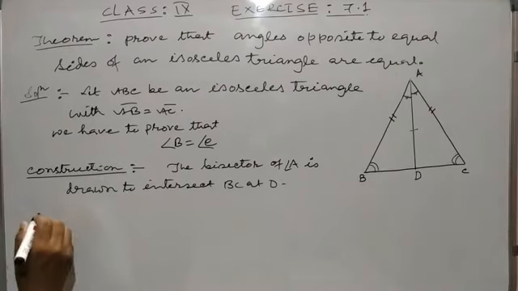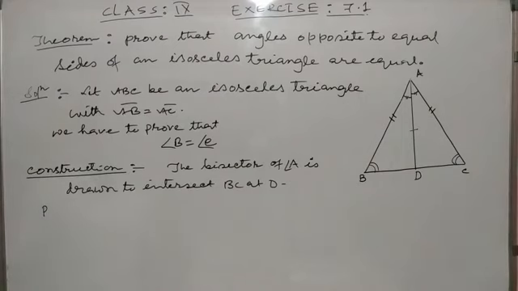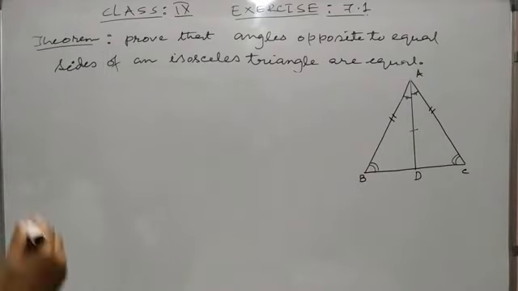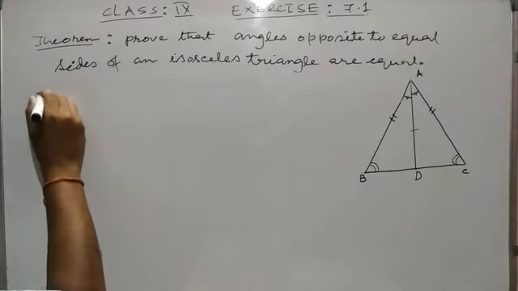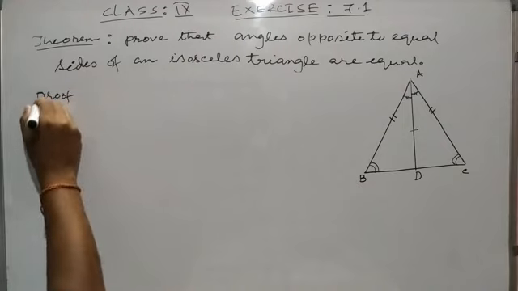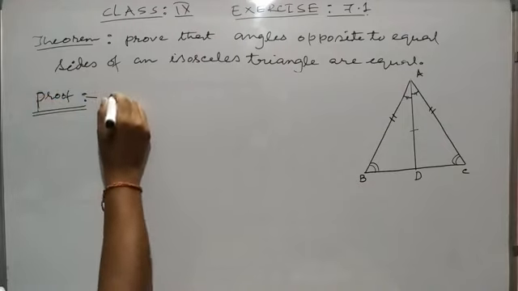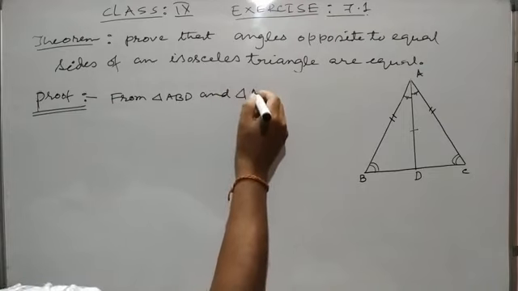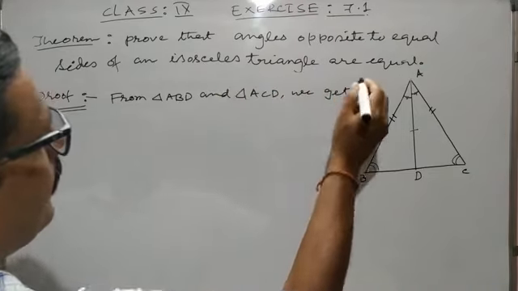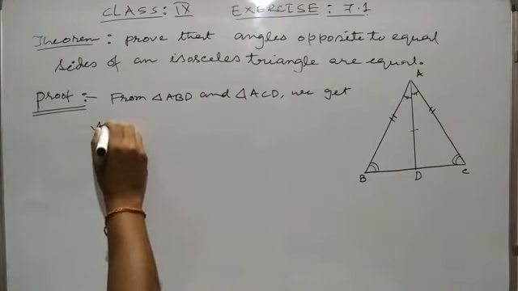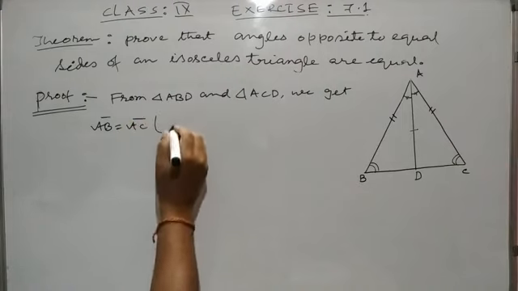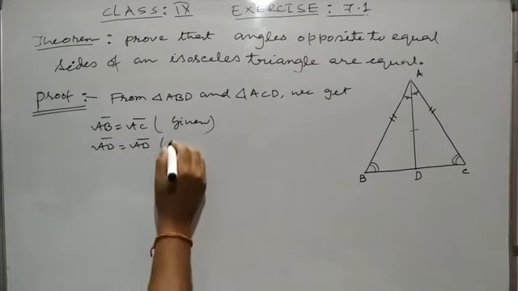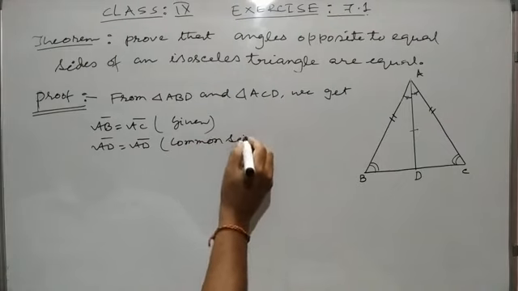So proof. See how to prove this one. From triangle ABD and triangle ACD, we get AB equal to AC, given; AD equal to AD, common side;